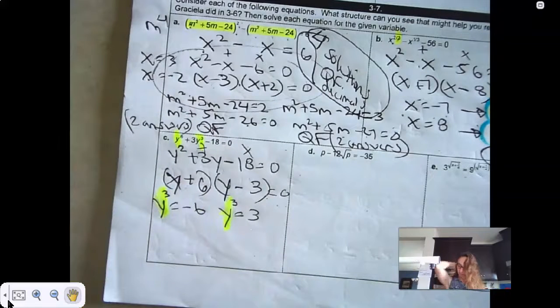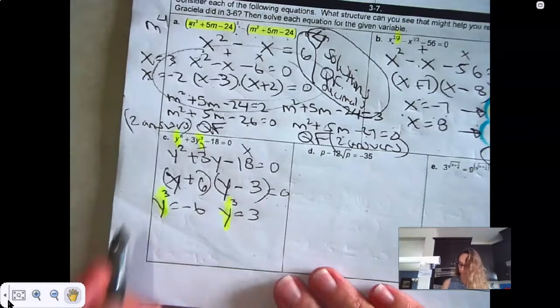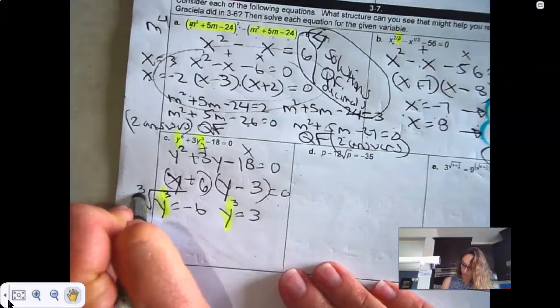Now, how do I get rid of to the 3rd power? There's two ways I can do it. I can cube root it, or